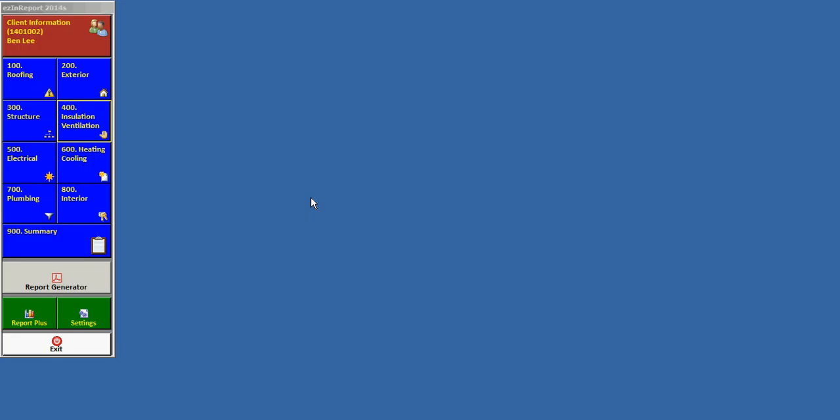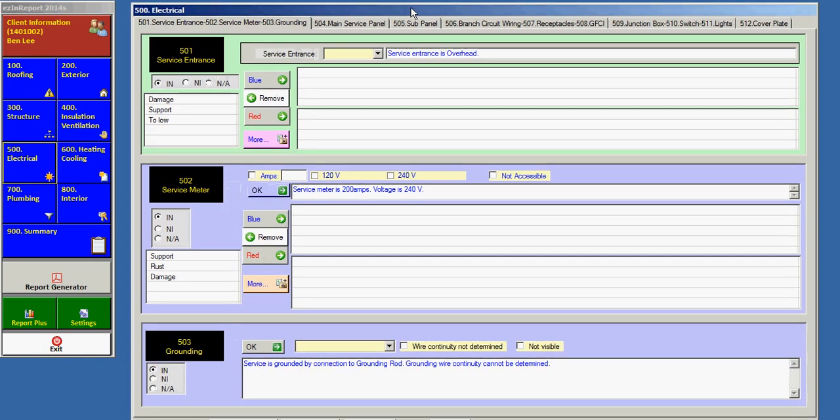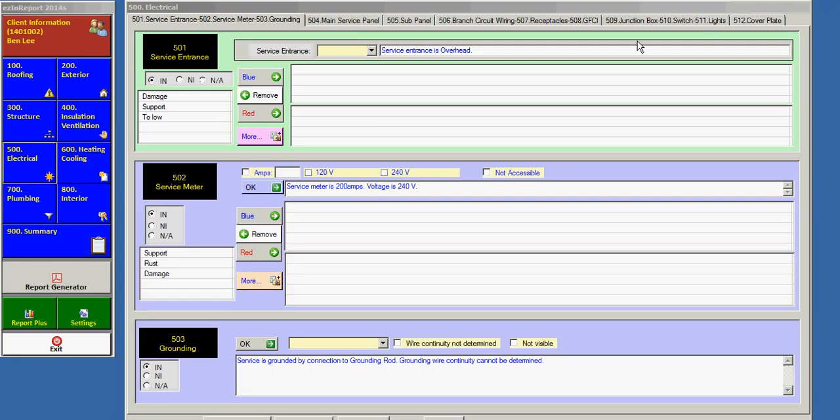Today we're going to work on 500 electrical, and we've already selected our client, Ben Lee. So we'll click on electrical and we'll get our working screen here. Okay, again 500 has already been filled in, and we'll start off by looking across the top of what's involved